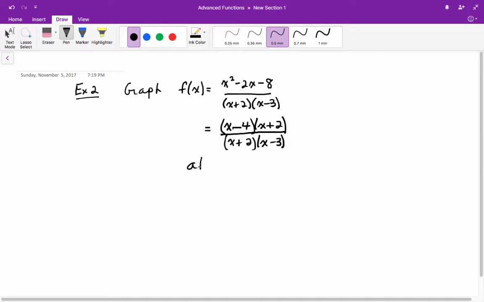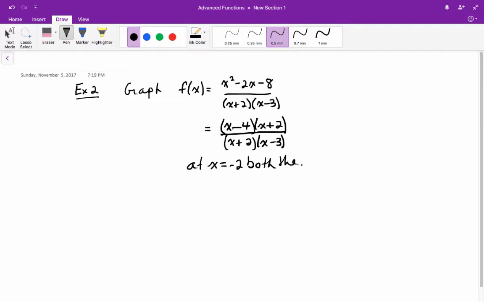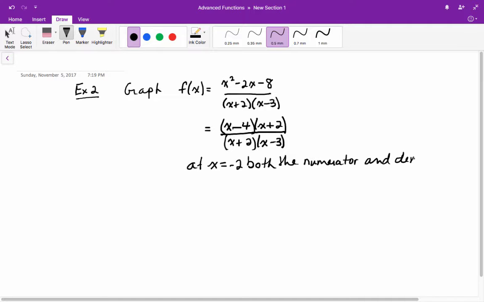At x equals -2, both the numerator and denominator are equal to 0. This is called